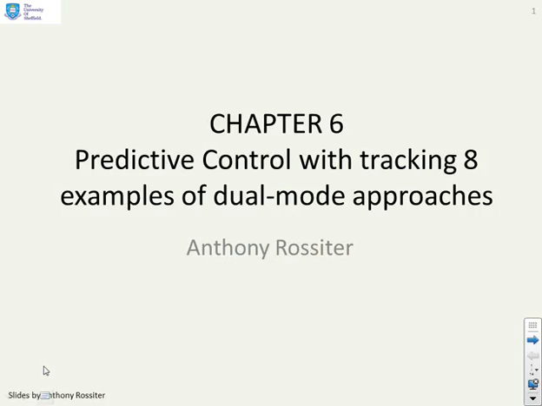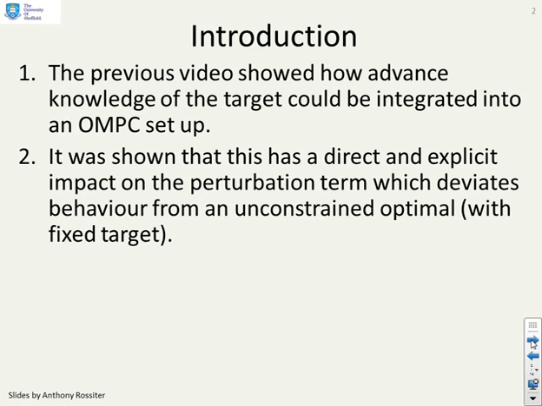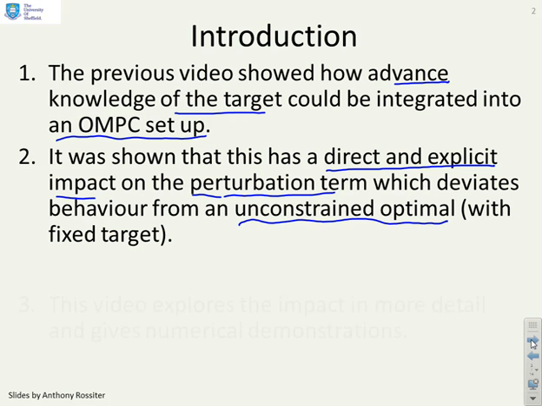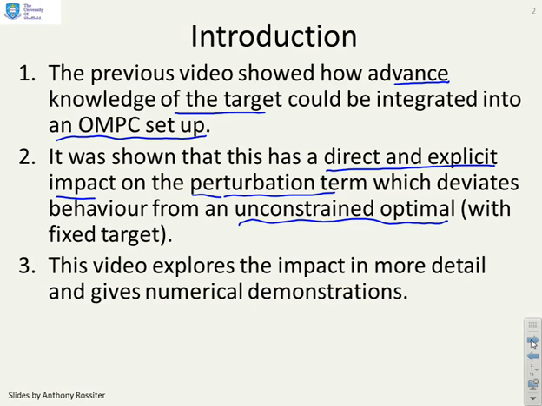This video is going to give some numerical examples of tracking with dual mode approaches. The previous video gave the algebra for how advanced knowledge of the target could be integrated into an optimal predictive control setup, and it was shown that future values of the target have a direct and explicit impact on the perturbation term in the control law, so that the behavior deviates from the unconstrained optimal associated to a fixed target. And what we're going to do in this video is explore that impact in more detail by giving some